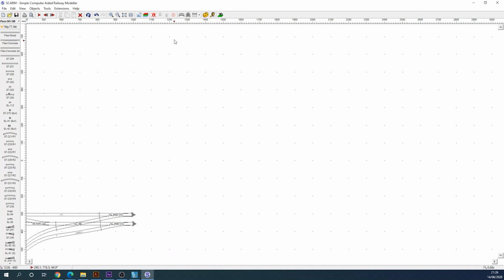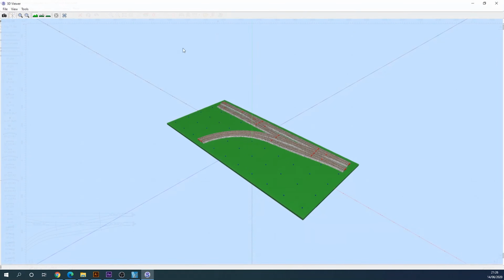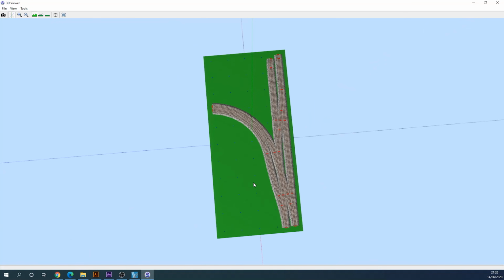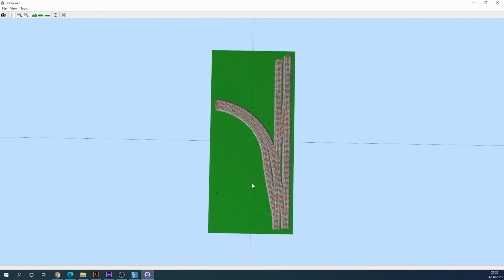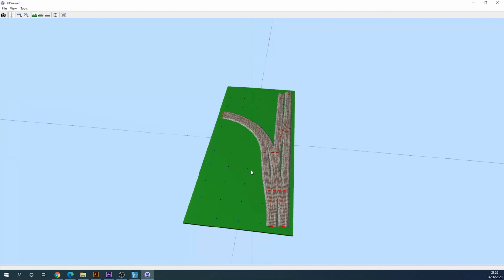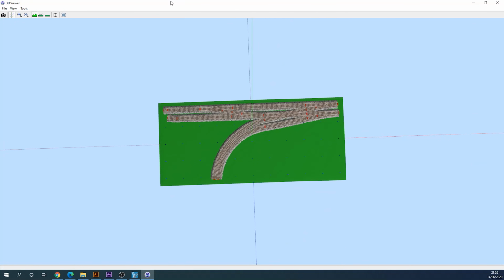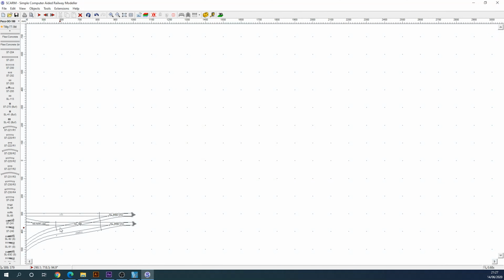And we can go into the 3D view from here as well. So I think I'll continue with AnyRail because this is a lot more difficult to use and to show you the process of